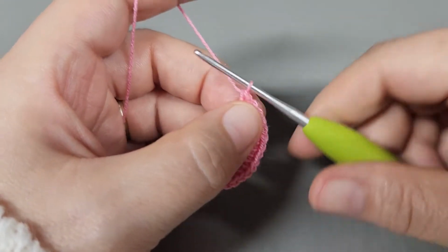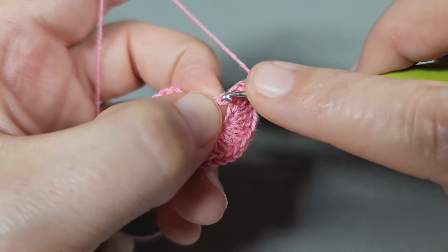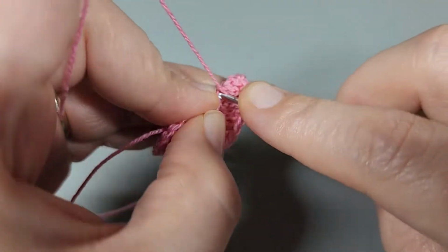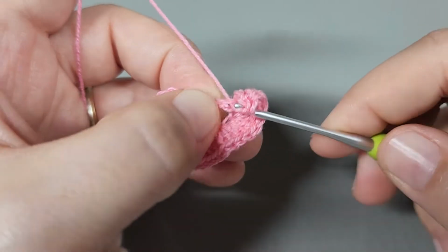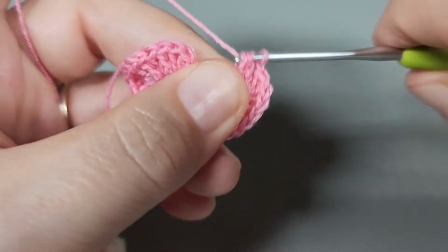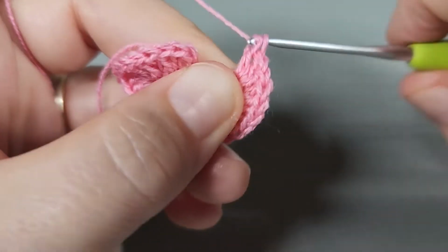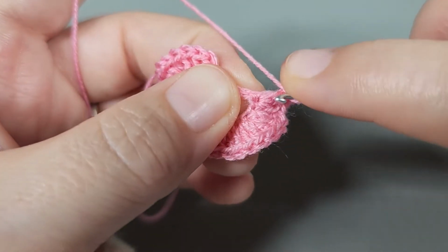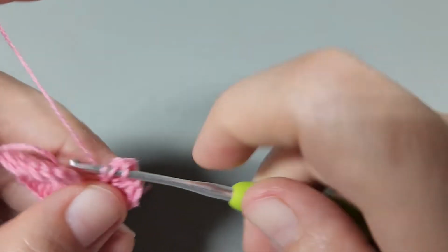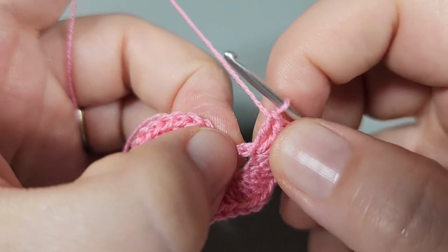All right, we're gonna work 4 double crochet into that next chain. So I am gonna pinch this next chain so I don't accidentally lose it or it gets stretched or anything. Right in there. 1, 2, 3, and one more is 4. Okay, so we should have 3 chains left, so that very next chain is going to get our 7